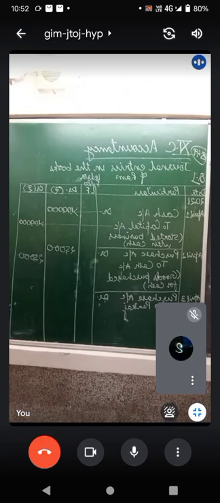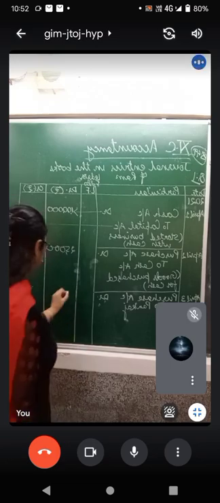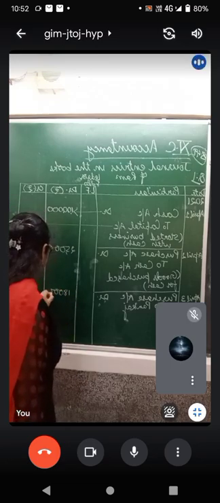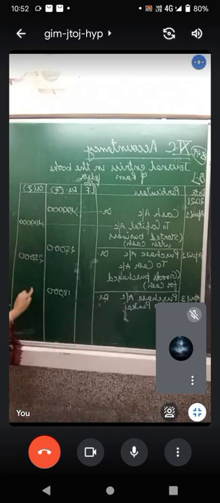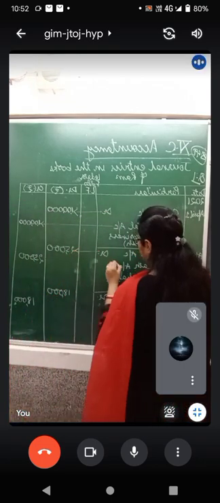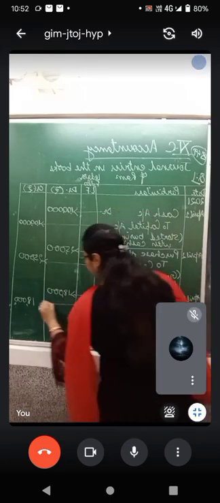What is the amount? Who will confirm? 18,000. 18,000. Very good. It means you know the right question. So 18,000 debited in front of purchase and 18,000 credit in front of Pankaj. Please make sure that you follow the amount in the right column. Credit वाला credit के सामने and debit वाला in front of debit वाला.